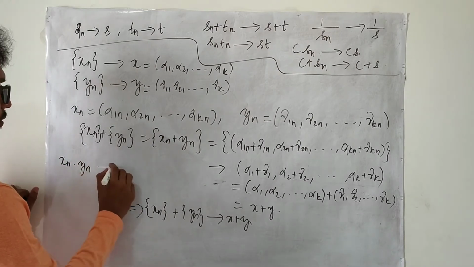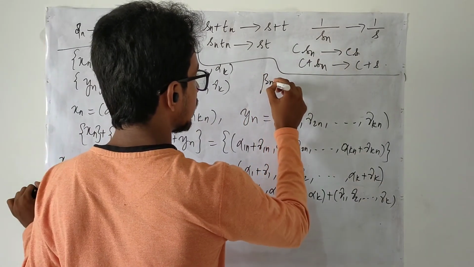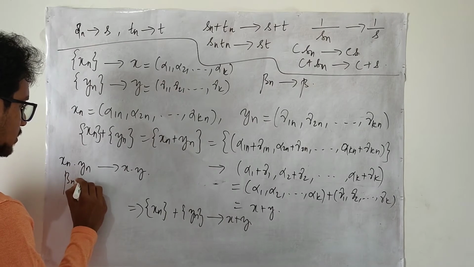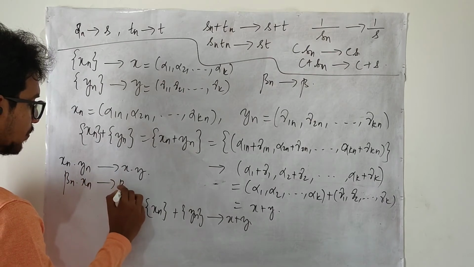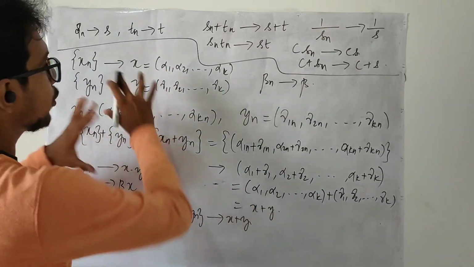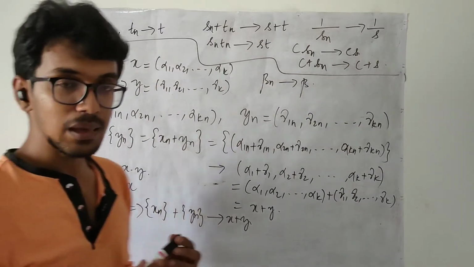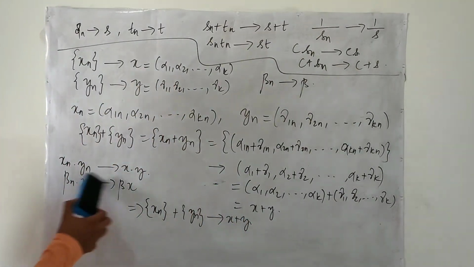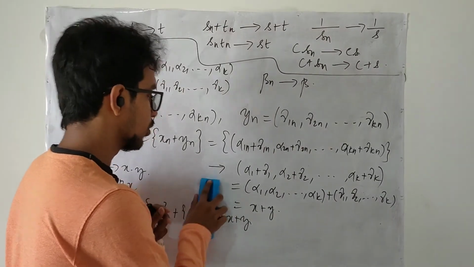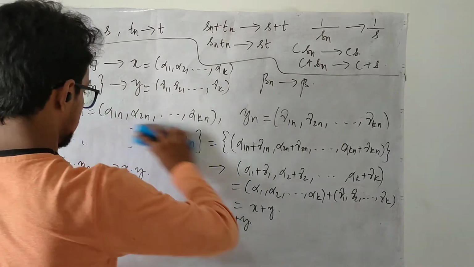Just like we have done these things, we may also prove that xn yn converges to xy, and whenever you take a real sequence beta n converges to beta, then your beta n times xn converges to beta x. Right? You will have to make use of these ideas and see what is happening. What do we mean by a product here? That alone I will explain, and I leave the rest of the things to you to try out. Okay? Let me erase this part.